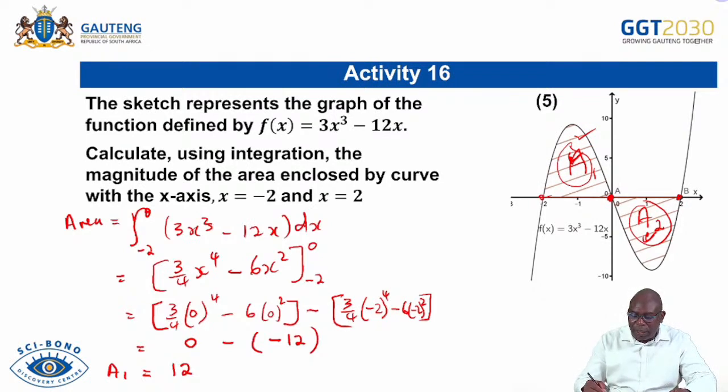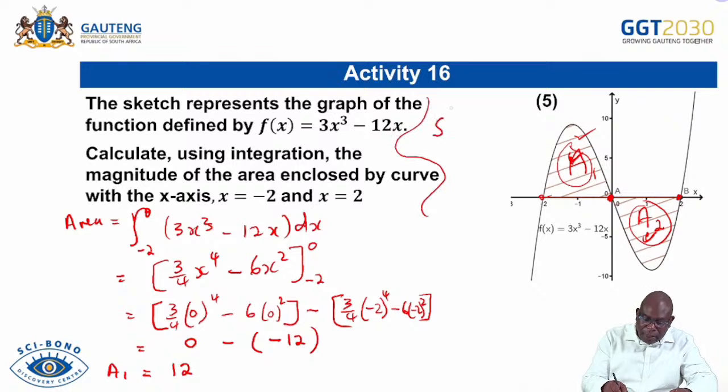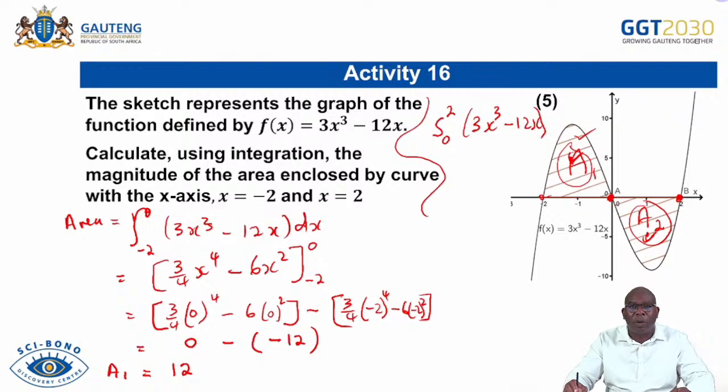Similarly, I'm going to do the same with 0. I'm going to do the same here, I'm going to write it here. I'm going to do the same as that of 2 and 0, because there will be 2 upper limit and 0 lower limit. So if I do this one, I'm going to let you do that one on your own. So if I integrate that, after integrating and substituting by 2 and by 0, the answer that I get there